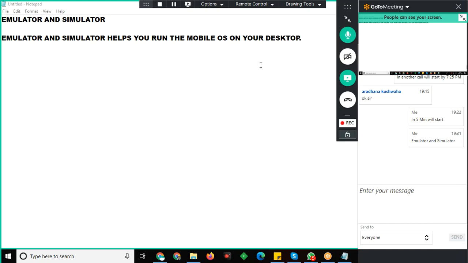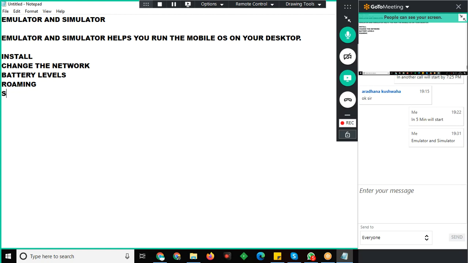So these are the things you can do in the emulator and simulator. You can install the application, you can change the networks, and use it as a regular network like a device. You can change the battery levels to 10%, 20%, 30%, 100%, like that. You can put it on roaming without a SIM card and everything.